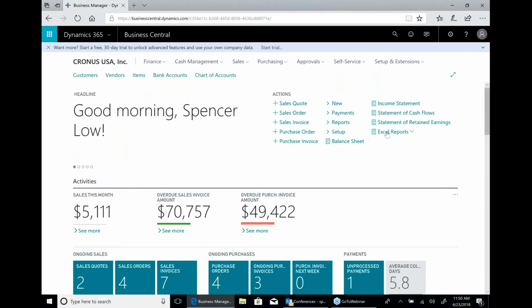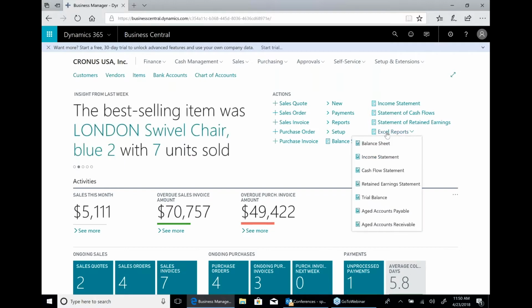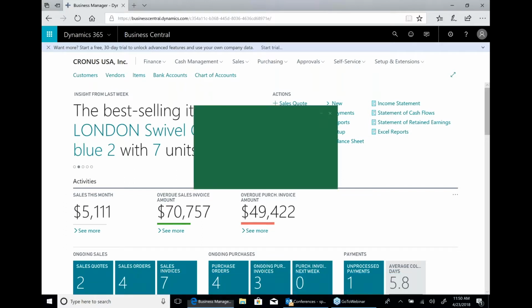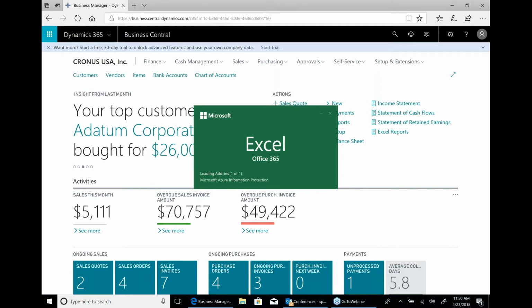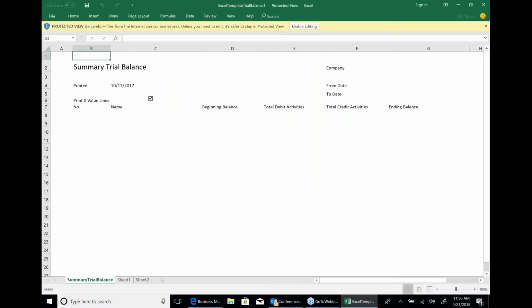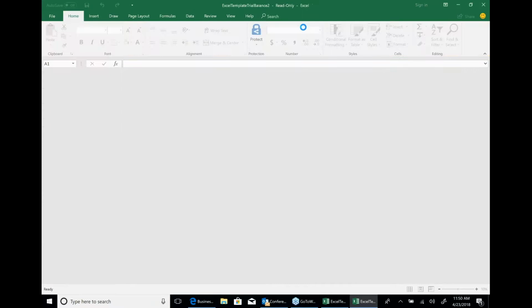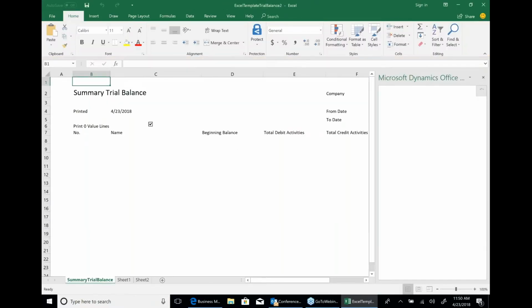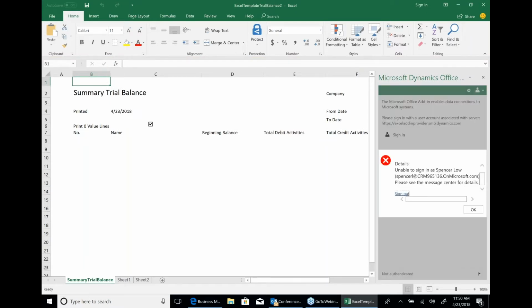We work directly with the other applications in Office 365. So a good example is I have a series of Excel reports. So for instance, I can send my trial balance out to Excel. That's actually a live data link, so I can refresh that data at any time. And once I have the trial balance in Excel, I can actually build reports off of that directly inside of this Excel. So I could create a second sheet, build some reports across it, and we can see that we've got actually a live link here into